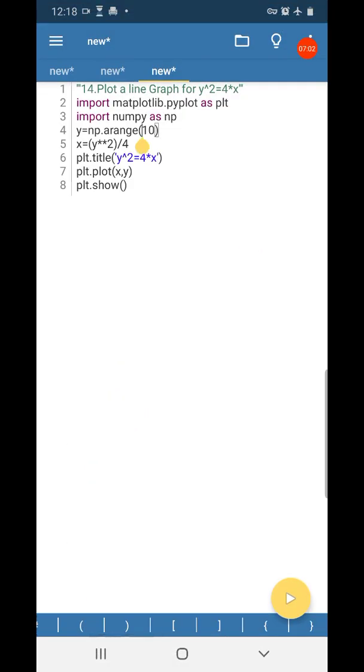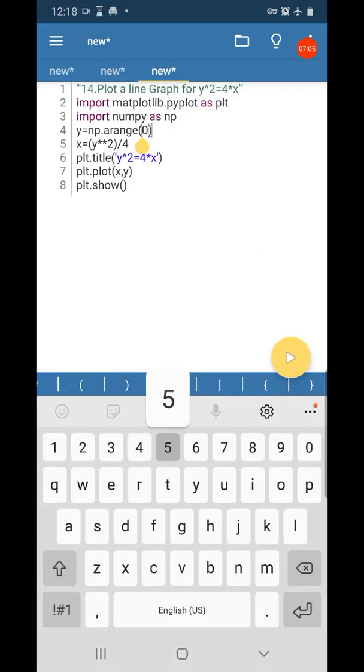Now if I give here 50 values will be generated.